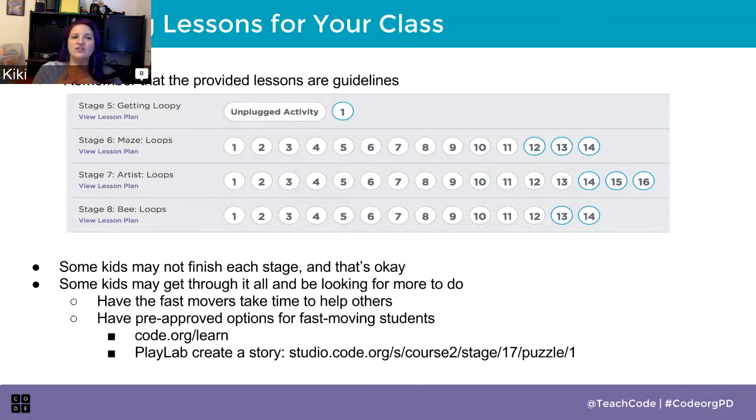And then another option is to have some pre-approved things for students to do if they get to the end. So if your students have gone all the way through the stage, you've got 5 students who are done and there's 20 minutes of class left, and you need to figure out something to do with them. They've already gone around and walked and tried to help their friends. Another thing that you can do is have links that you know ahead of time it's okay for them to go to. And whether that is a Play Lab link, so something still within CS Fundamentals, where they can spread their wings and try some creativity and mess with things that they might not know yet, but they'll be able to learn by doing, that's perfectly cool.